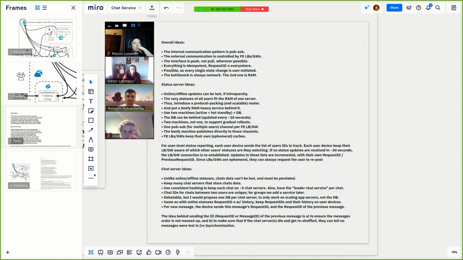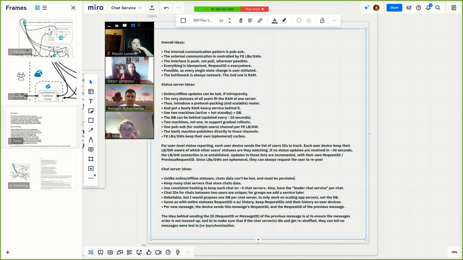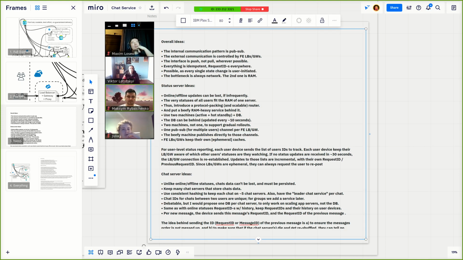All right, now on the status server idea, since we can lose updates, wondering if you can see my cursor. Yeah. So since we can lose the updates, we can keep them in the memory of one server. I know it's kind of controversial. We don't have to. I just think RAM is cheap in this case. So even 1 billion users mapped to a timestamp, or even geolocation or whatnot, it still